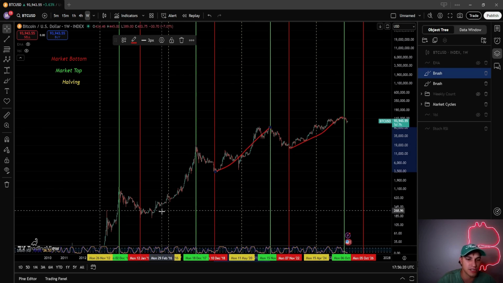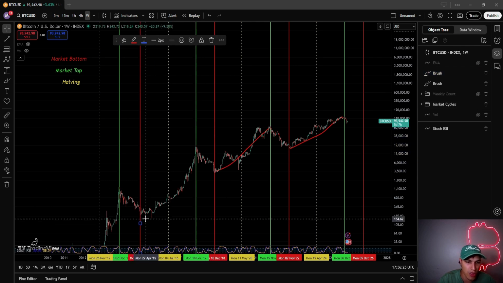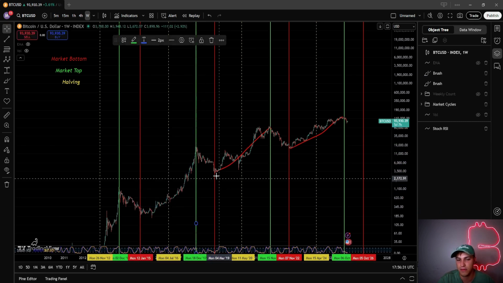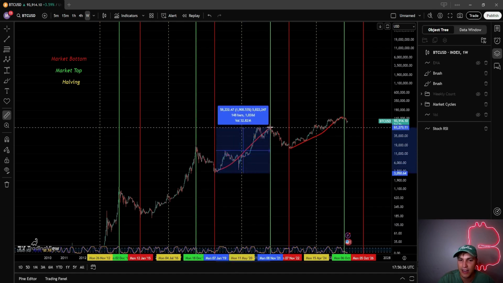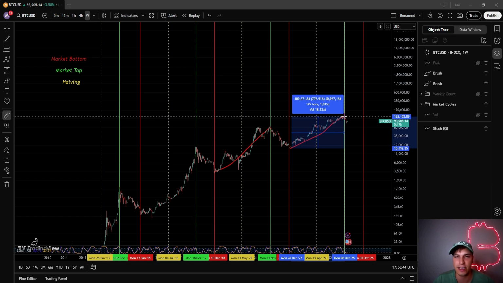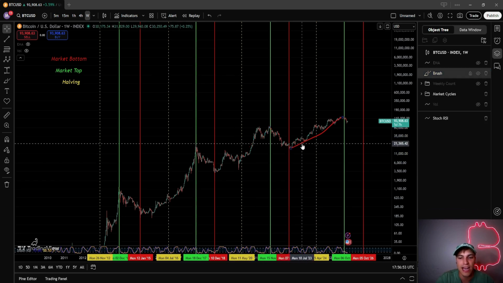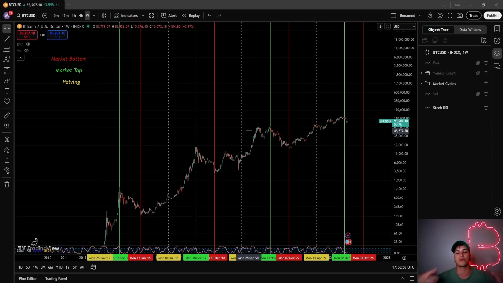If we just measure some percentages from this bottom over here to this high here, we did 8,000%. From this one to here, I keep selecting the line, we did over 2,000%. And from this bottom here and now up, we did a 7x. A 7x is still amazing, but if we are looking at previous Bitcoin cycles, a 7x compared to the 20x and the 80x that we saw prior, we just thought it would go a lot higher.